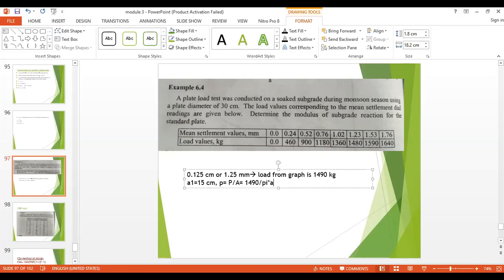Pi into a1 into a1, which will be equal to 1490 divided by 3.142 into 15 into 15. Yes, what is the answer? Small p value will be equal to,